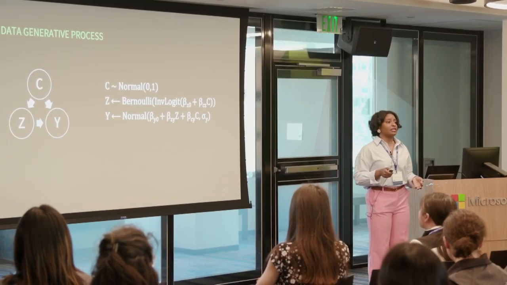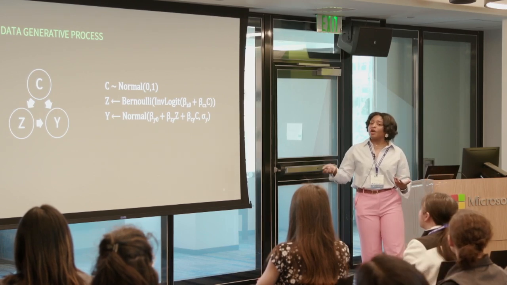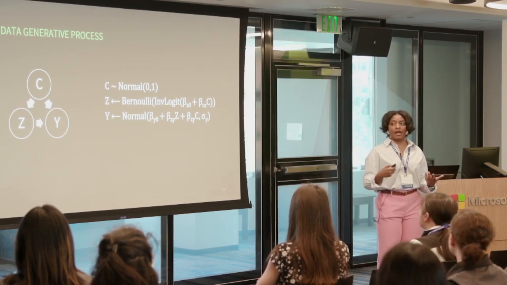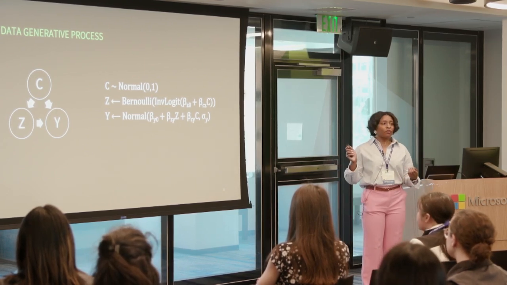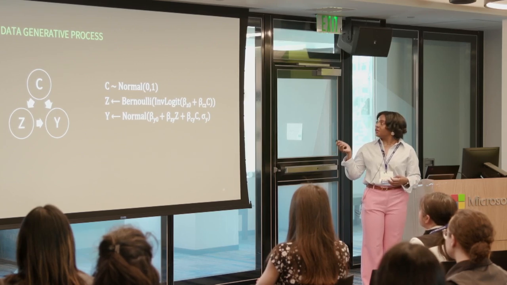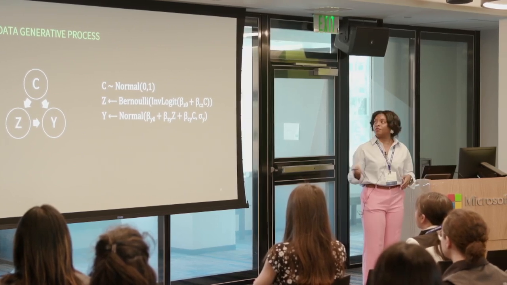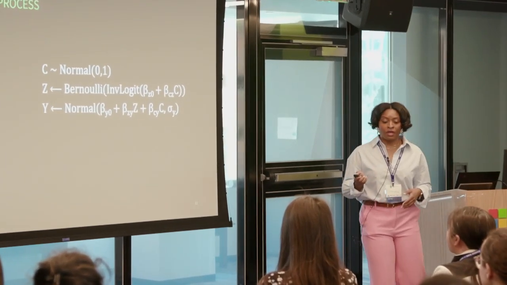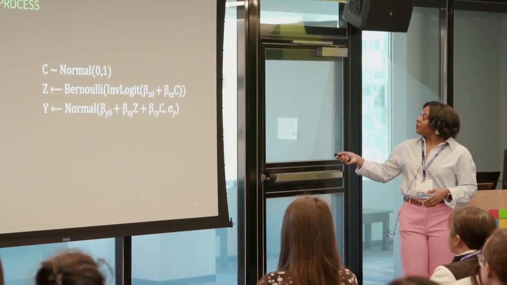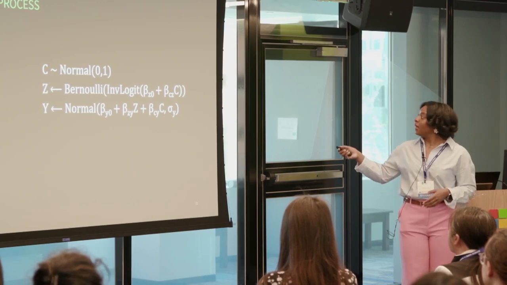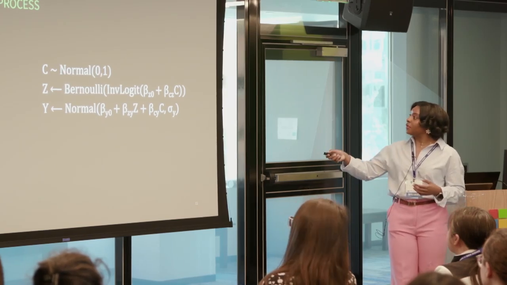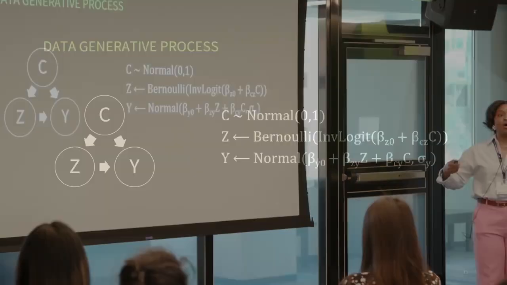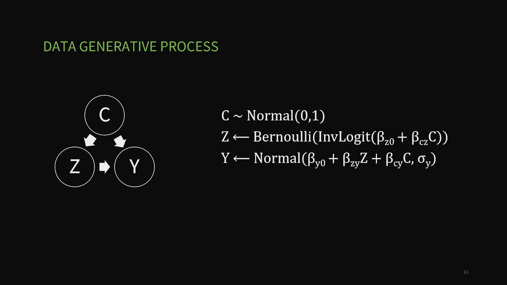And then we might have Z. Z represents whether or not that free trial, the Azure free trial, was active. We might think of this as Bernoulli, and we have this inverse logistic here just to make it a logistic, scaled between 0 and 1. That's all this is saying. But then we want to add an intercept, beta Z naught. And finally, this piece, beta ZC, helps us understand the influence of C on Z. What was the influence of this virtual fashion assistant on using Azure during the free trial period?